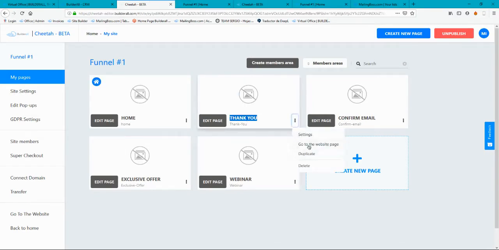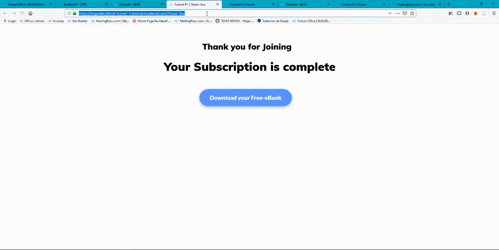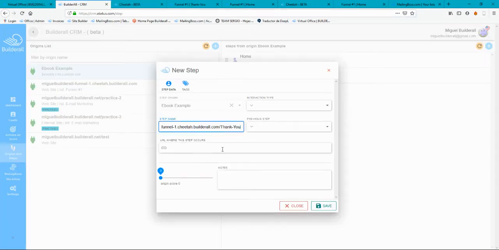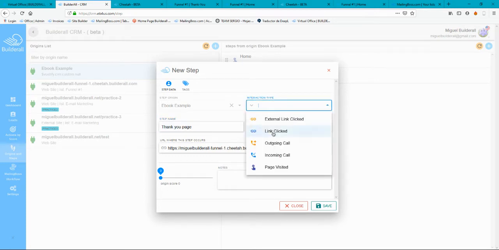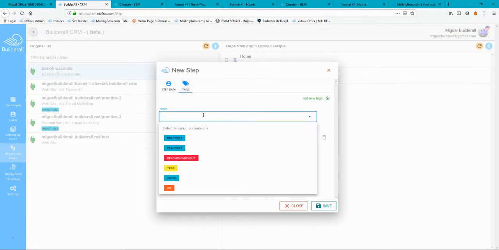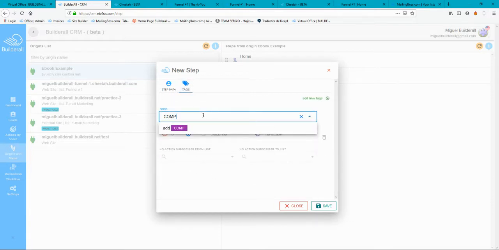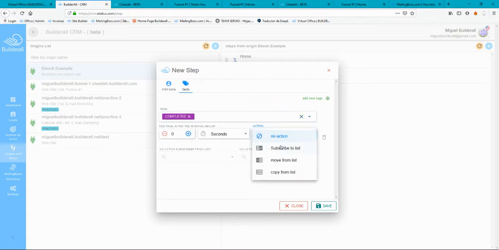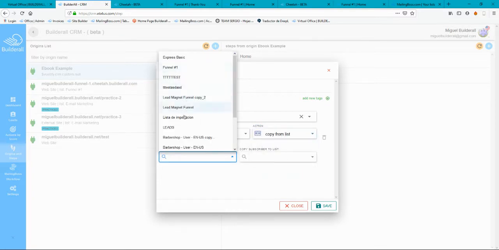Okay, so I'm just gonna click over here the same and copy the URL for my thank you page and gonna put it over here. The iteration type will be page visited as well. Okay, but I have to assign that after the user got over here, I will assign a tag. So I'm gonna put here a tag that will be completed because he reached my thank you page. And the action will be subscribing or copy to a list. From this list, which will be